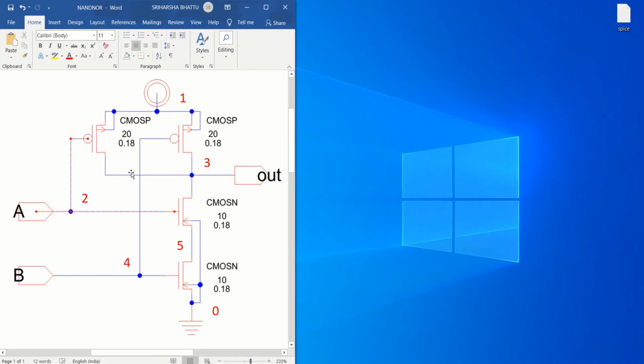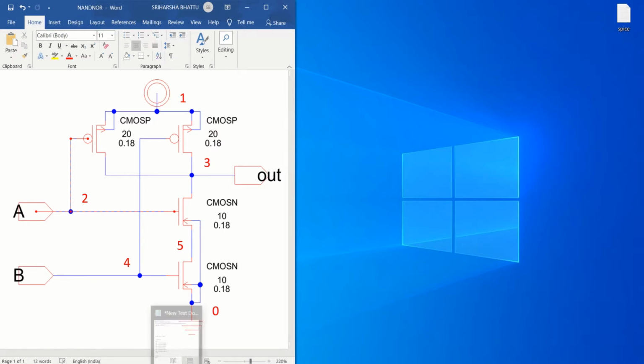And all the meeting nodes, I have named this as 3. And these two inputs are connected, so I have named it as 4. There is a missing connection generally, but there is a connection between these two series transistors. So I named this midpoint as 5 and 0 to the ground. So in this way you have to assign the nodal value.